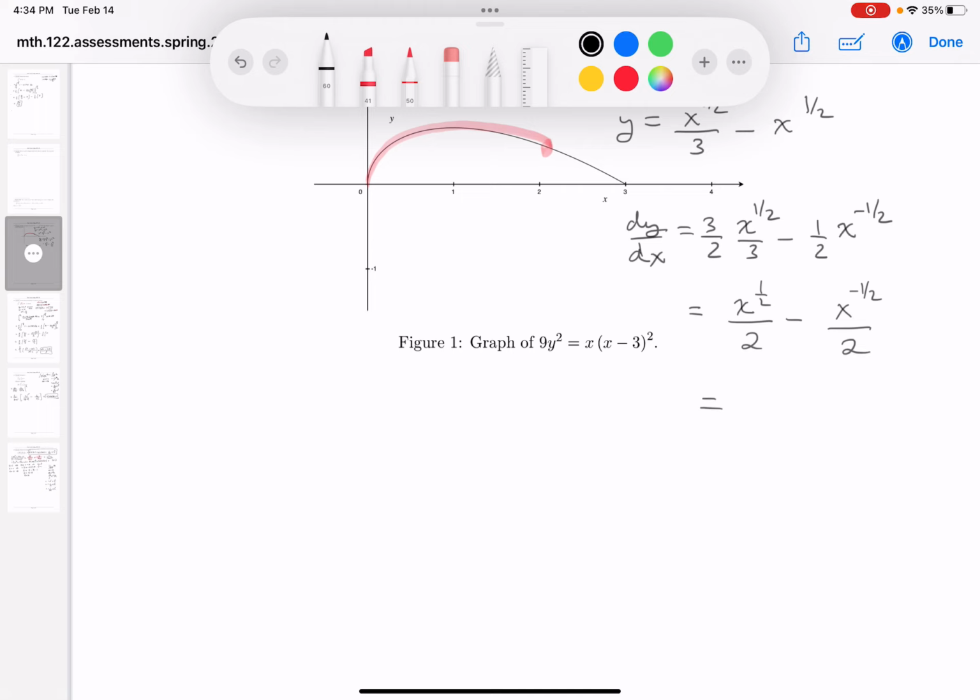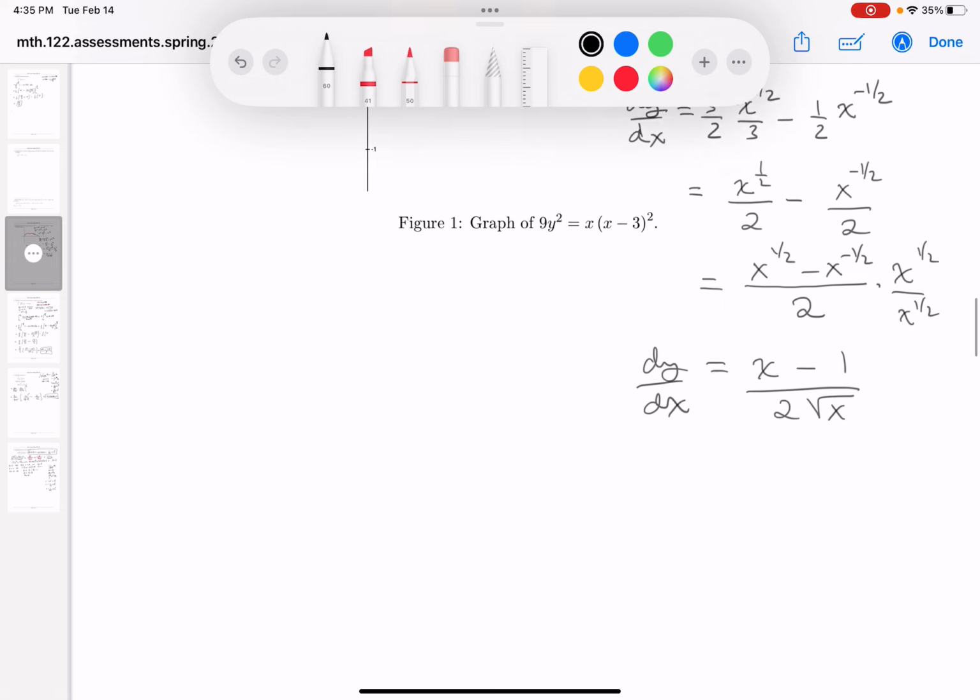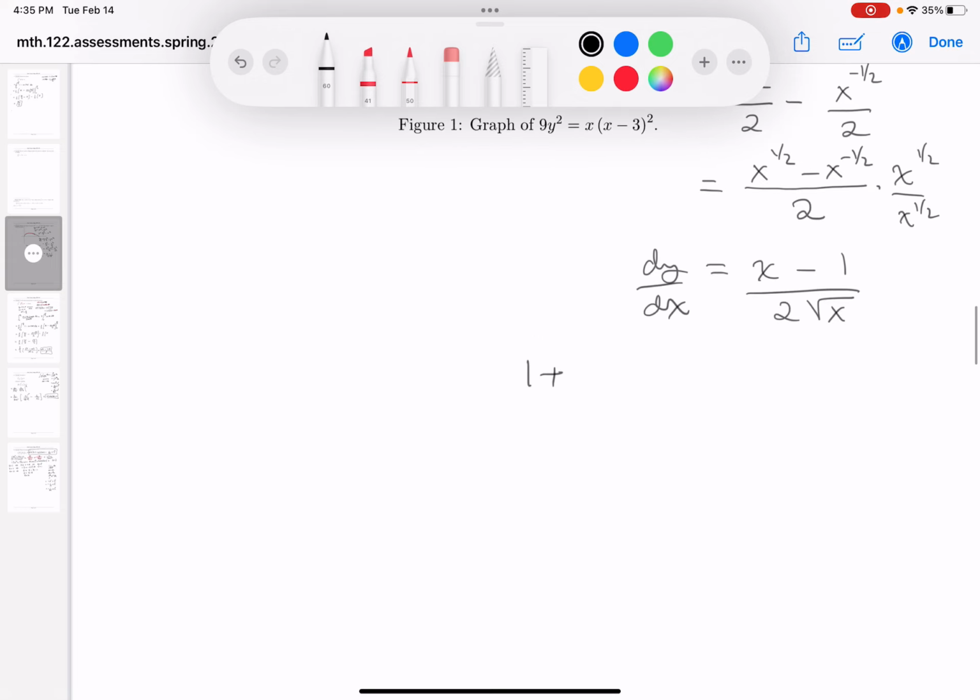I'm going to keep rewriting it. And I'm noticing, well, let me write this down for you. I've got a common factor there of 2, x to the 1/2 minus x to the minus 1/2. Multiply top and bottom by x to the 1/2. And what do you get there? You get x minus 1 over 2 root x. And that's dy dx. All right, what I'm going to do now is I'm going to do 1 plus dy